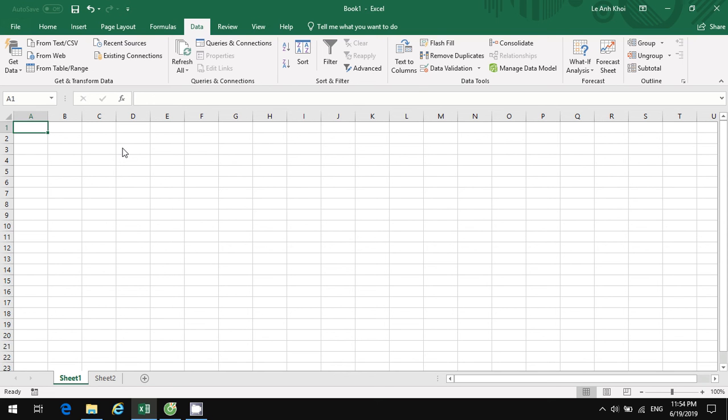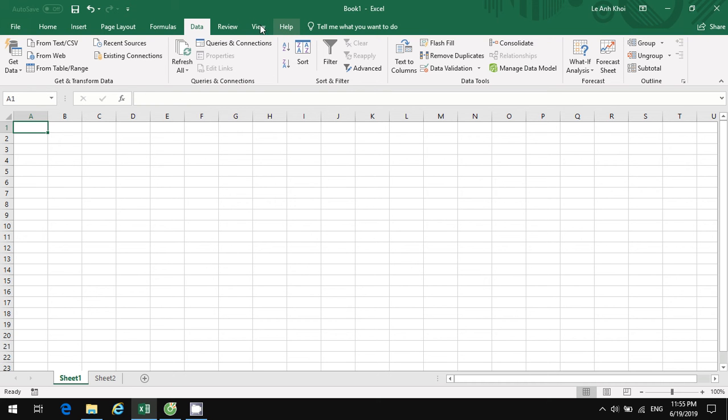Hello everyone, today I would like to show you how to record a macro. Macro is a very useful tool for people who work on Excel with some steps you repeat so many times, so we can use the macro to reduce the time you make the step. At first, to record a macro, you should show the developer on the toolbar,